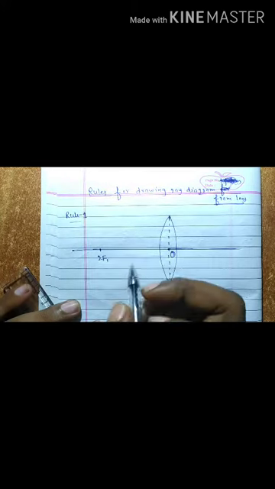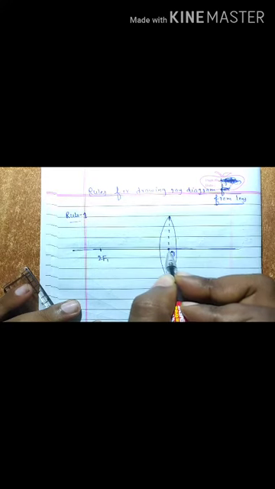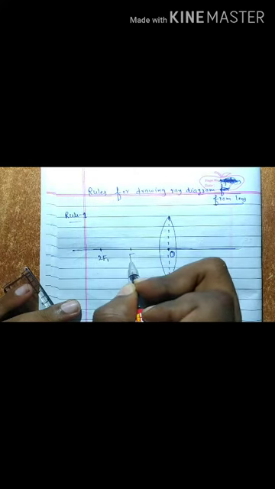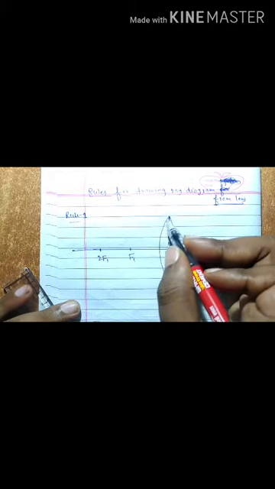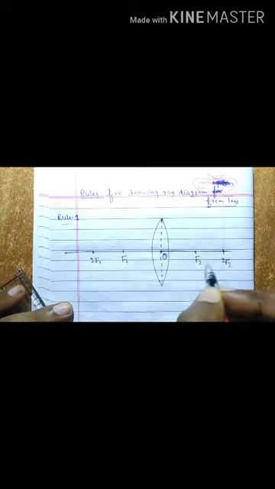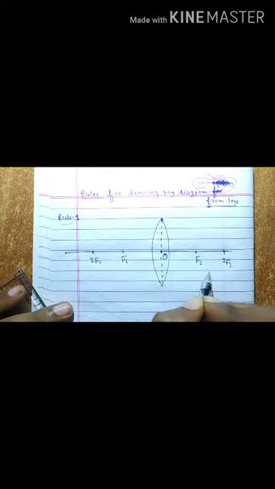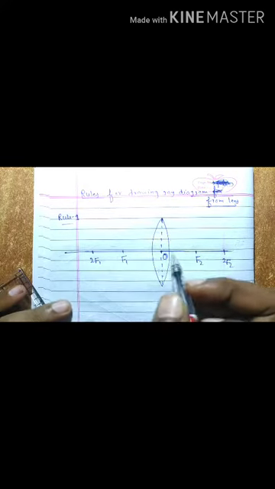See, this is the principal axis. Somewhere here will be 2f1, and exactly at the midpoint between O and 2f1 here will be f1, and this is surface 2. Always take this as surface 2. So exactly if you make a sphere, here will be 2f2, and exactly at the midpoint of O and 2f2 here will be f2, right? So I have labeled all the different terms. So rule number 1 is the rays which are parallel to the principal axis.